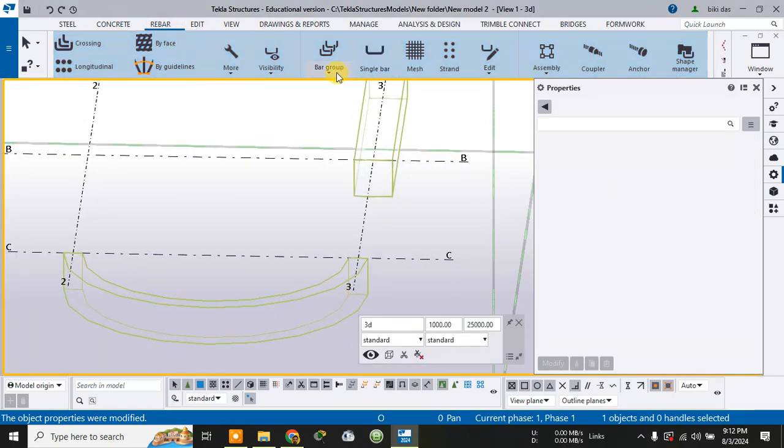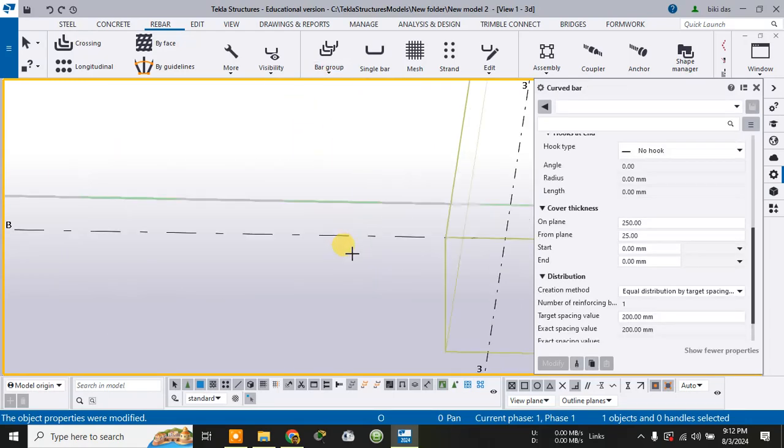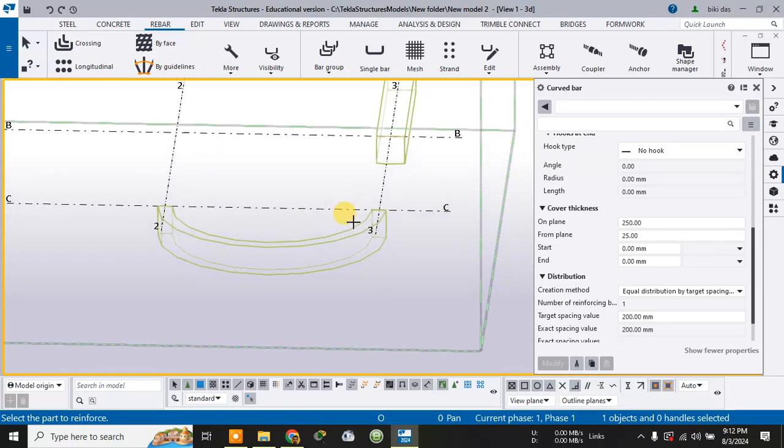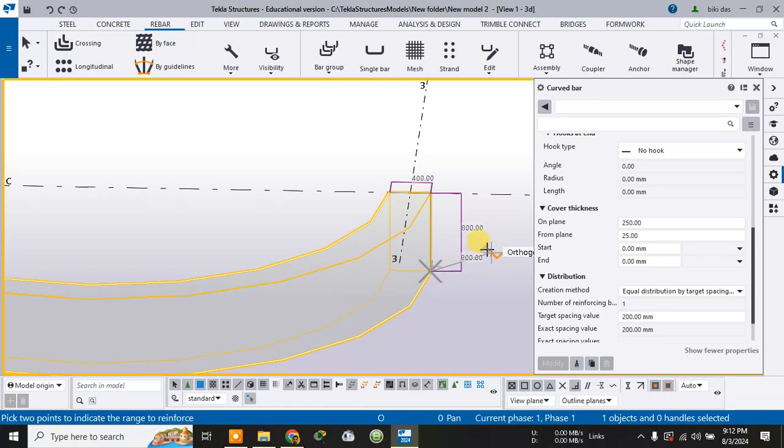Go to the rebar. After that, bar splice curved beam. After that, you need to select the curved beam. In this curved beam, provide it. Select first side, then second side. After that, left click it. After that, left click it. After left clicking